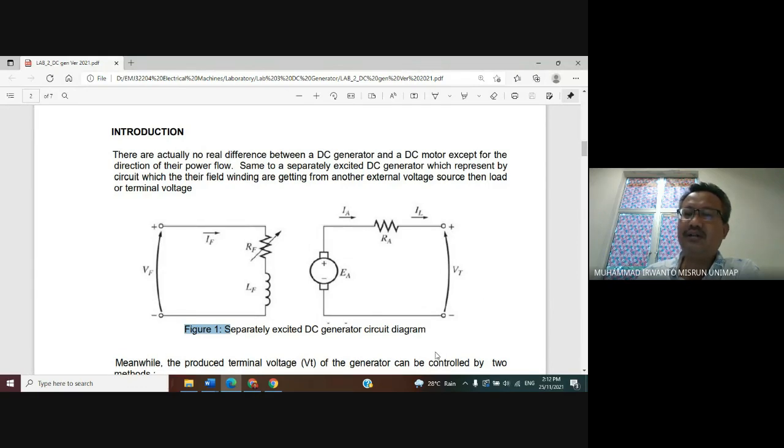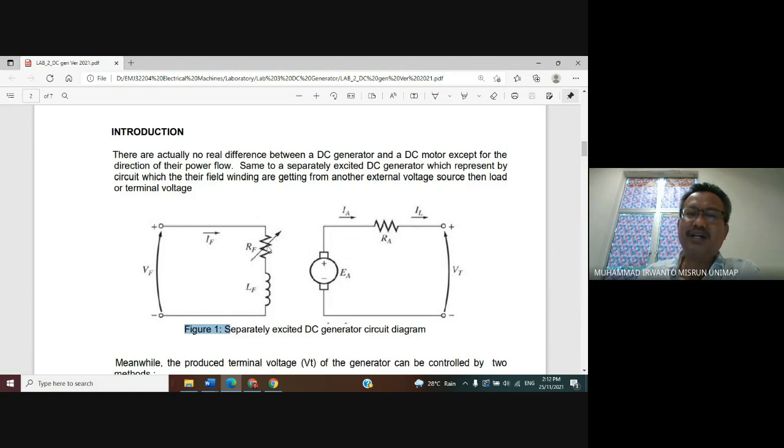So when the terminal voltage of the DC generator is connected to the resistive load, current can flow. If you look at this one, the armature current is equal to the current flowing through the resistive load here.